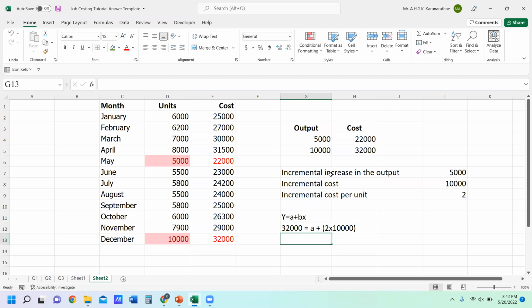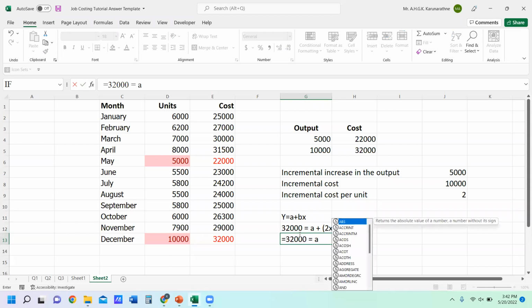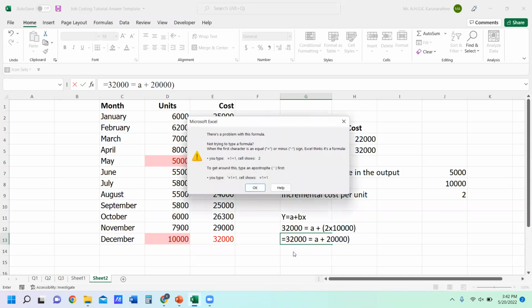So we can substitute this information into the basic formula. So accordingly, what is the answer? 32,000 equals A plus 2 times 10,000, which is 20,000. So accordingly, A is equal